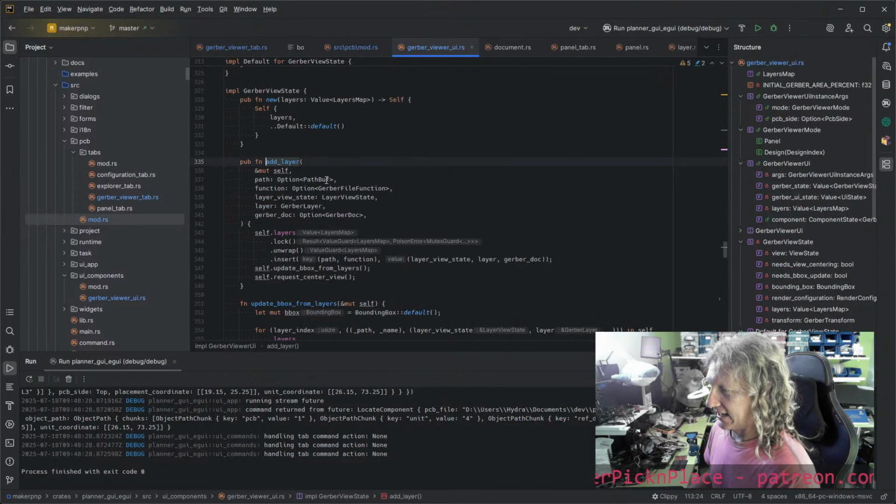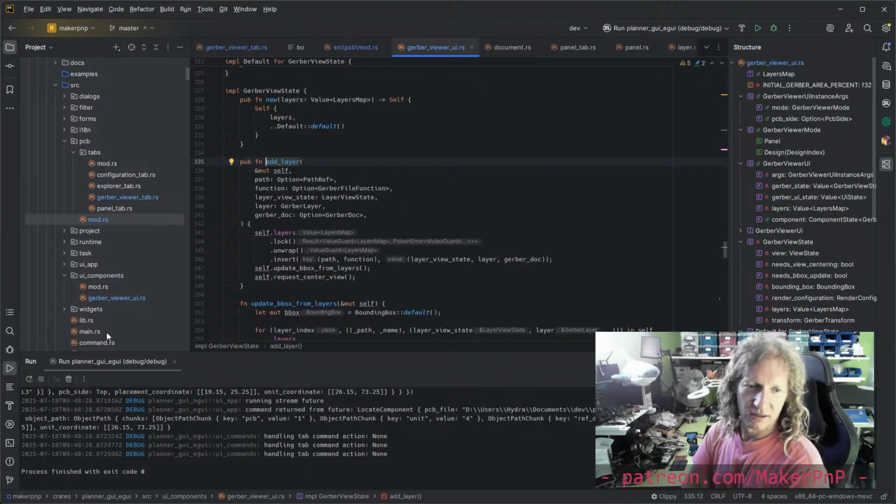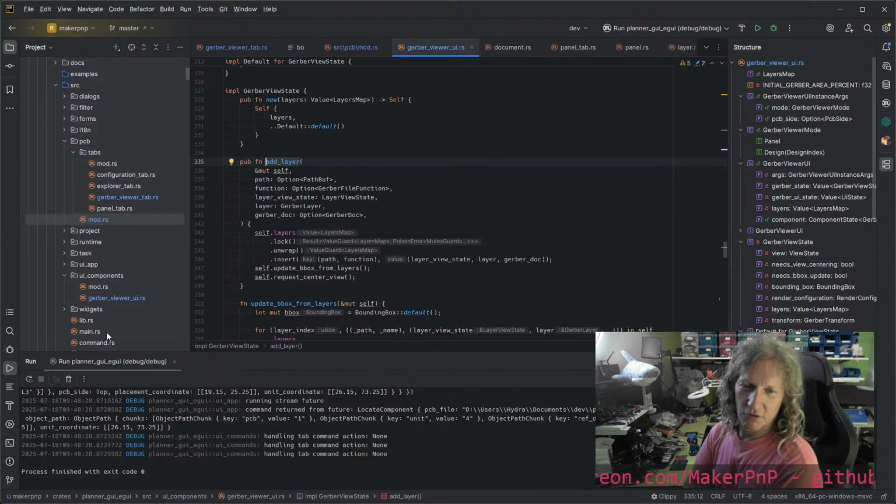But when you add a layer, do we need to even store it individually with each layer? Like, if you've just got a set of coordinates and you've got a bunch of layers and they're all different units,